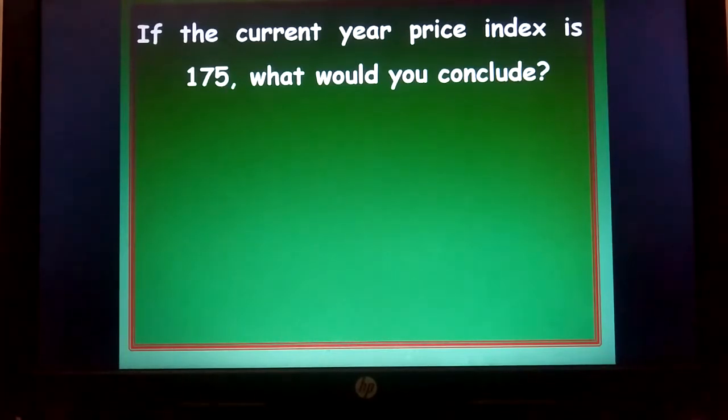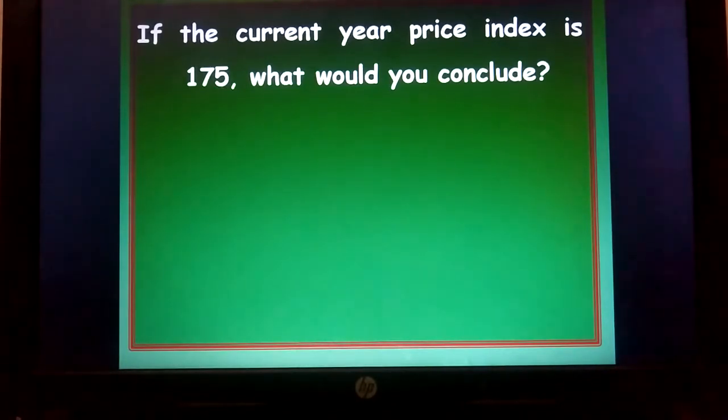How much is it increased? 75. That means 100 plus 75 is equal to 175. 100 was for the base year already, and 75 is the increase in the current year. That's why it is written as 175. So our conclusion goes